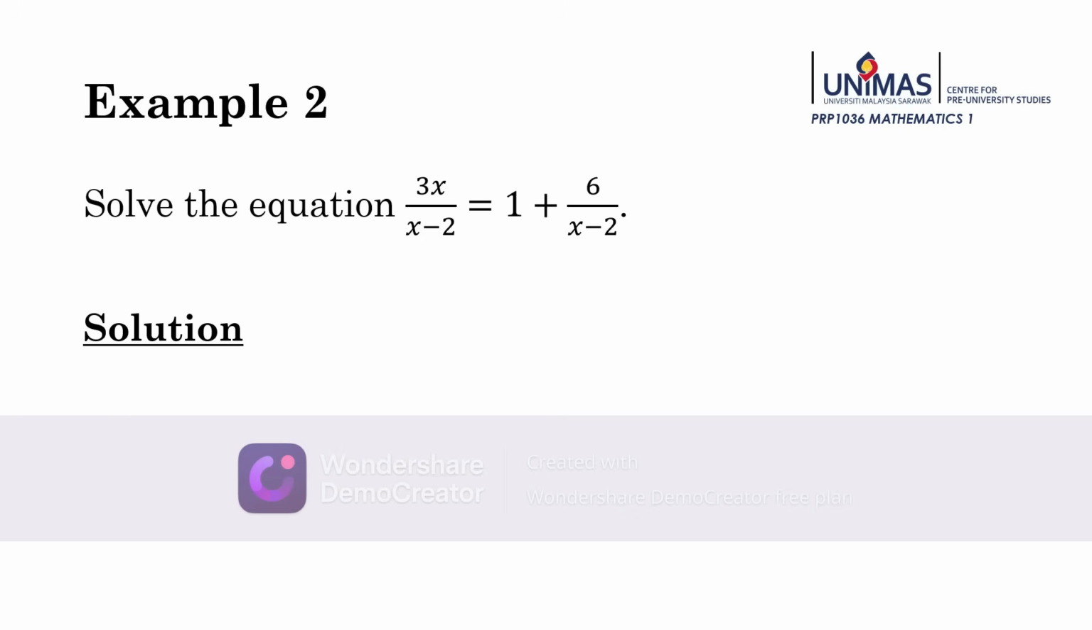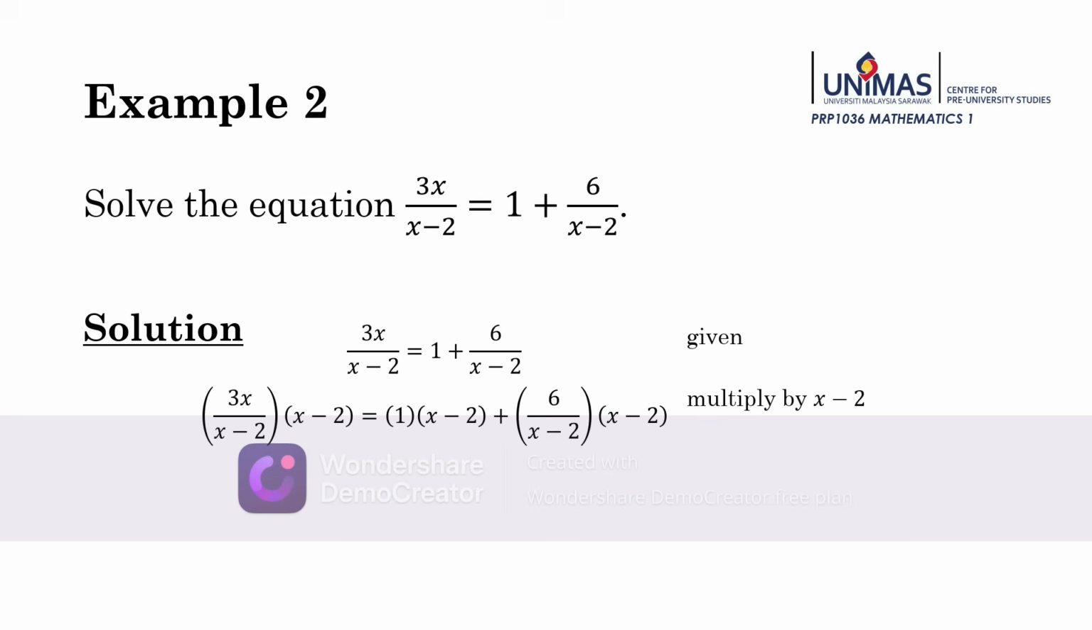Let's look at a second example. The rational equation. What we need to do is eliminate the denominator x minus 2. The good way to do this is to multiply both sides by the denominator x minus 2. So after we simplify,